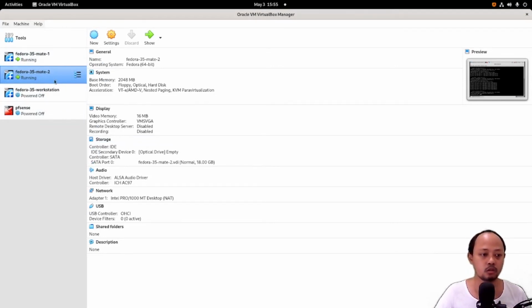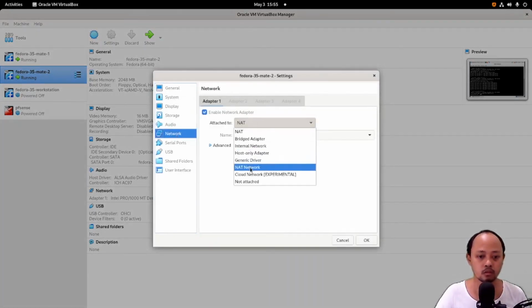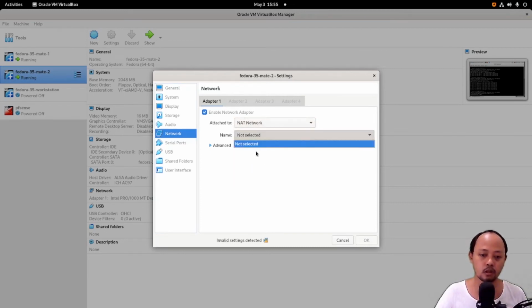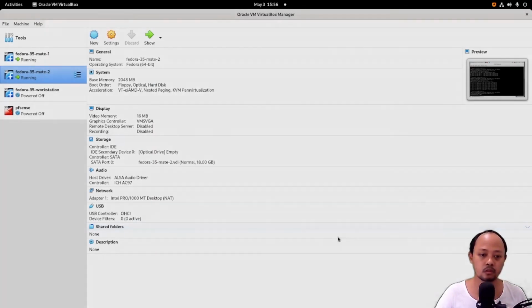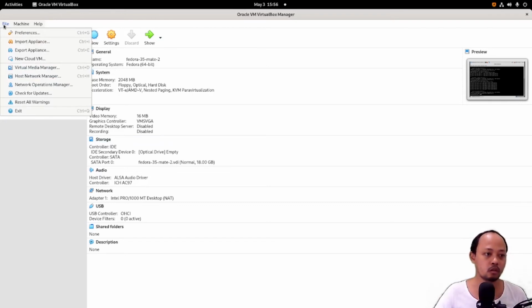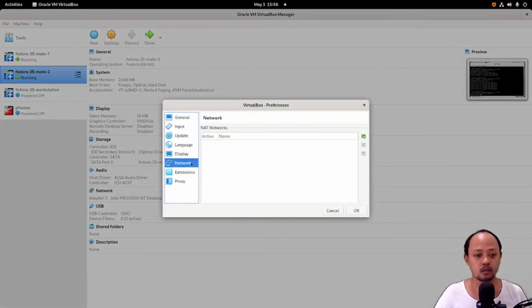Before we use the NAT network setting, we need to create a NAT network. We can create the virtual router for the NAT network setting from here. Click the File menu and then go to Preferences. Click Network and we can find the NAT Networks menu.